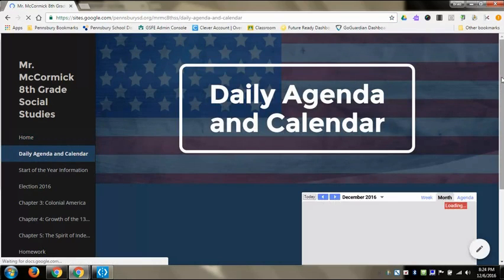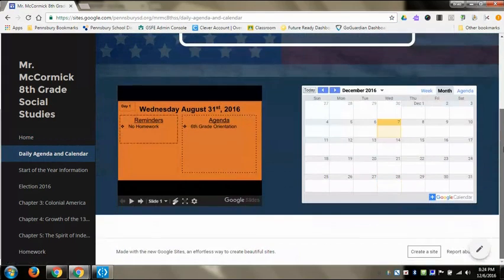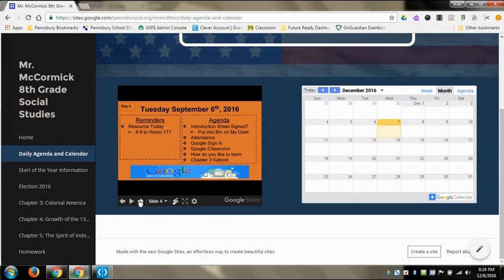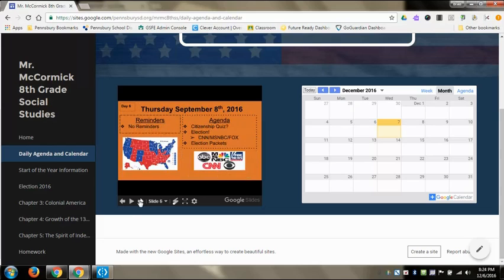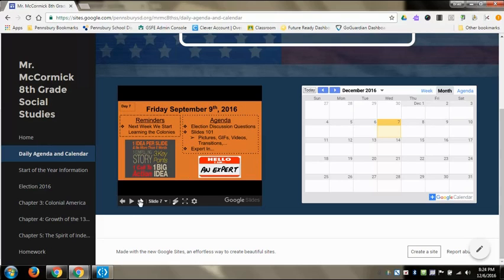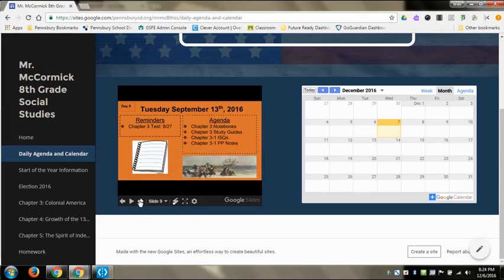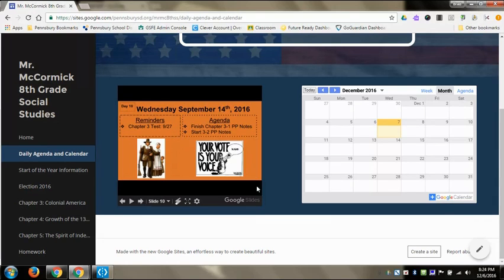Daily, agenda, and calendar, where I inserted my agenda that I would use each day for Google, that we would use a Google Slides presentation. So each day has the title or the name, whatever the date is, and it has reminders and the agenda of what we're doing that day and pictures that go along with it. And then on the right-hand side, I have a Google Calendar for the classroom that we were in, that any events that were due,